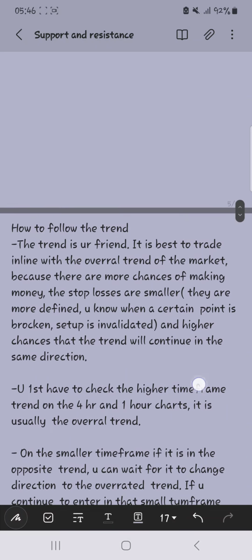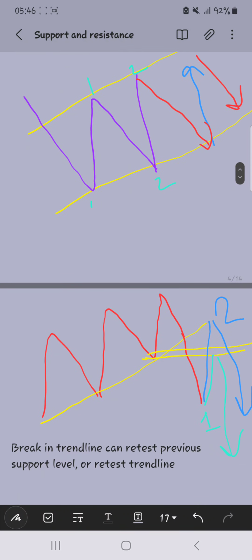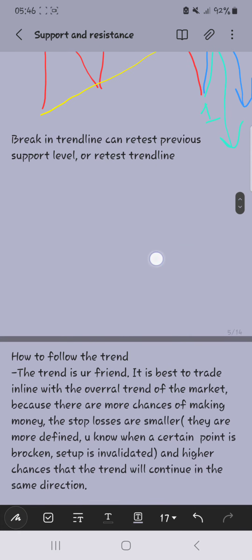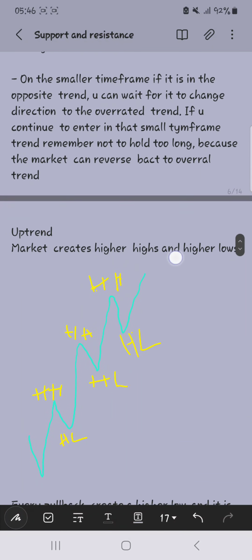So obviously your stop loss, right? So let's say we entered over what? Let's say over here. You entered over here, right? Of course, if you entered somewhere over here, your stop loss is just going to be in this area over here, right? Your stop loss is smaller compared to the potential gain that you actually have, right? So that's why I like trading with the trend, with the overall trend, right? So let me show you